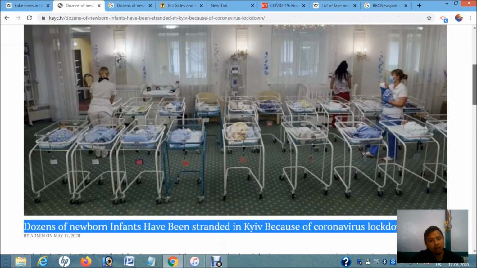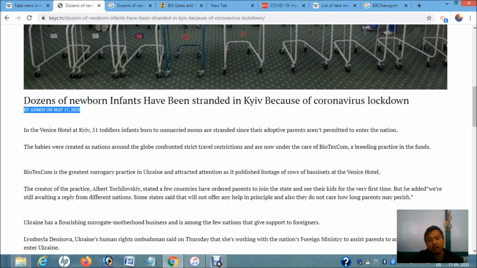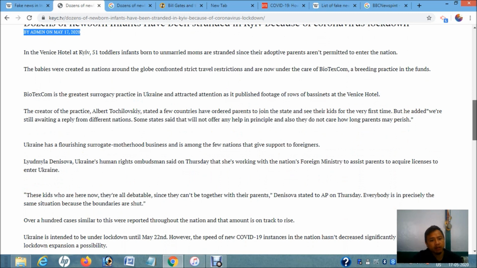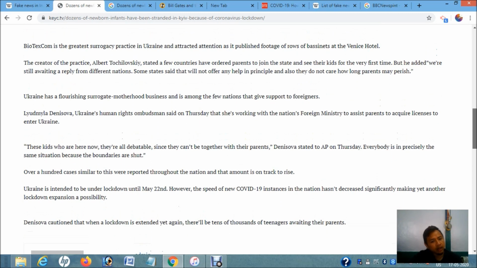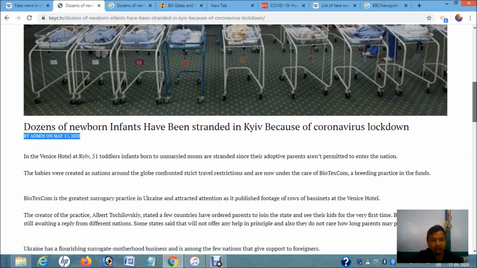Was it posted recently? You have to look at the dates. Here it is posted on 17 May, which is very current. And has the content been revised? Well, you will have to read through the content to know whether it has been revised or not. So currency, yes, it is checked.